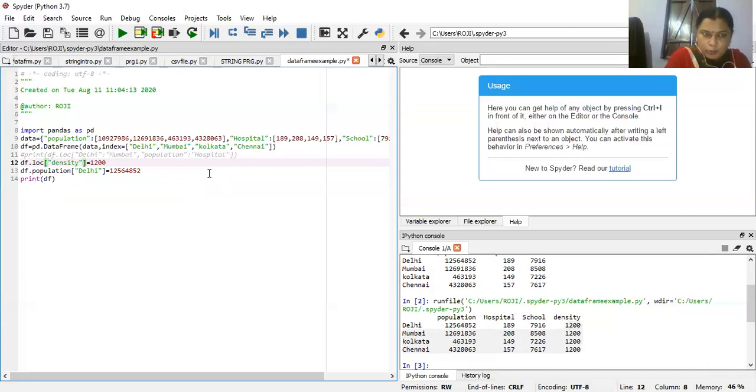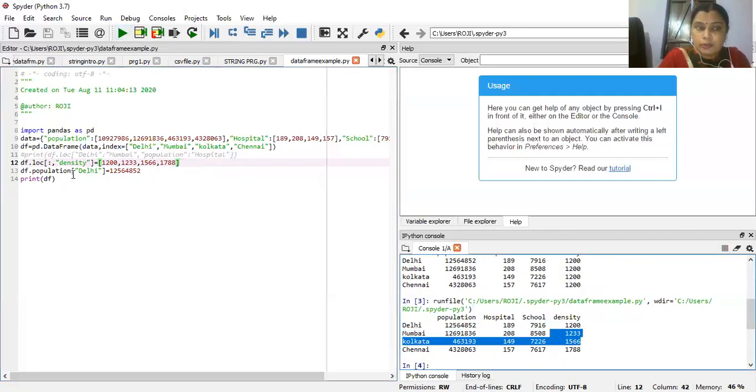For the rows we take all the rows, and for density we provide a list of values. This list of density values will be inserted in the density column at all row positions.